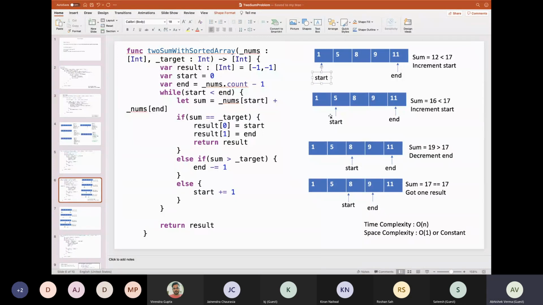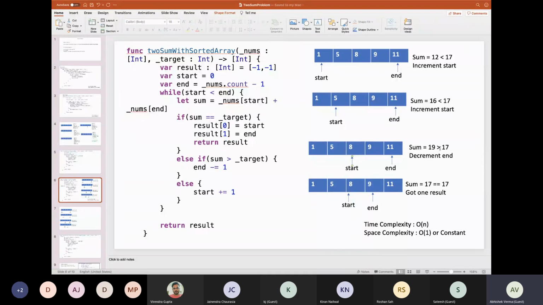Now we have moved to 5. Again we compute the sum and it is still less than the target, so we move the start again. Now start has reached 8. We compute the sum again and find that it is greater than the target.